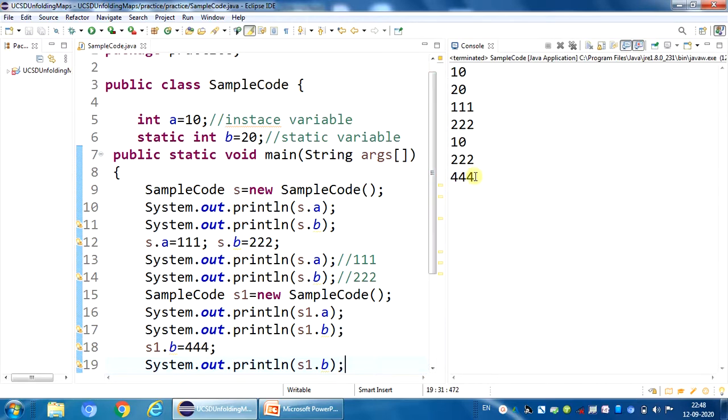By this you can observe that for the instance variable, after creation of different objects, different memory has been allocated for the two respective objects, and for the static variable the same memory has been allocated. So you can understand clearly. Thank you.